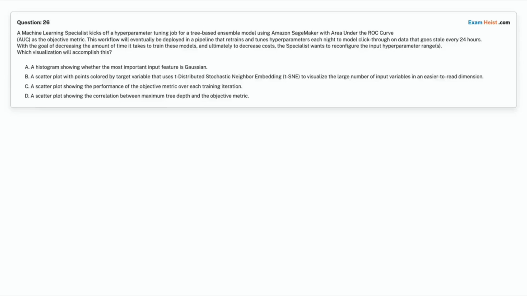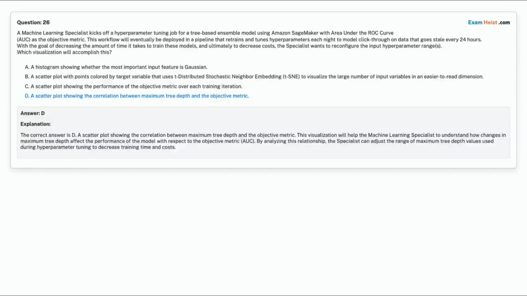Option C. A scatter plot showing the performance of the objective metric over each training iteration. Option D. A scatter plot showing the correlation between maximum tree depth and the objective metric. Choose the correct answer. Correct answer is option D. A scatter plot showing the correlation between maximum tree depth and the objective metric.